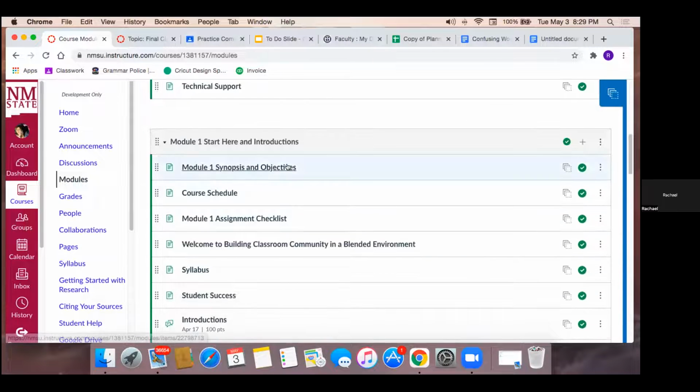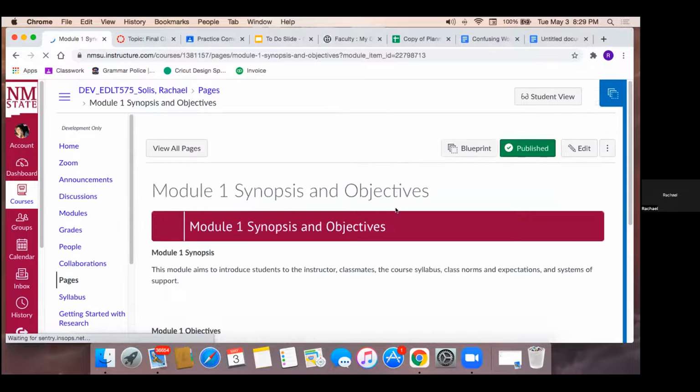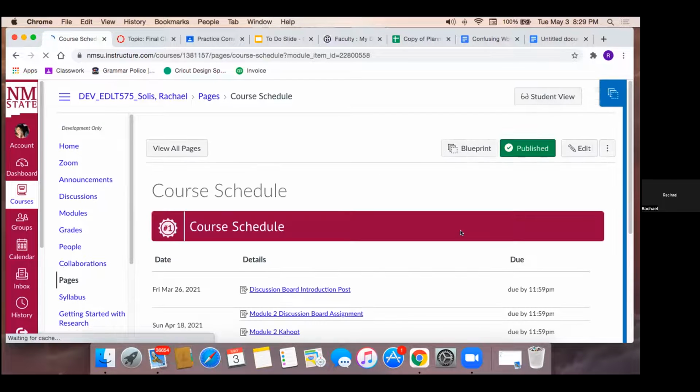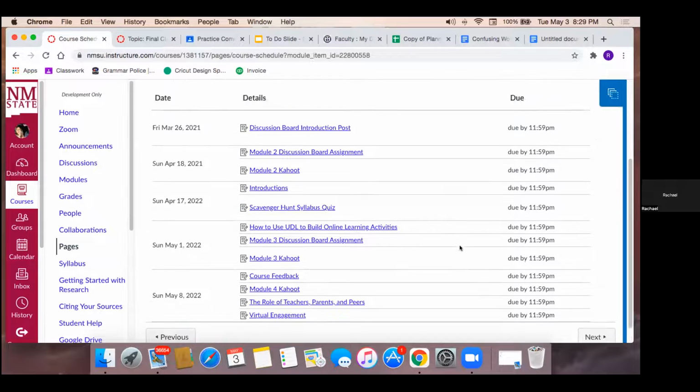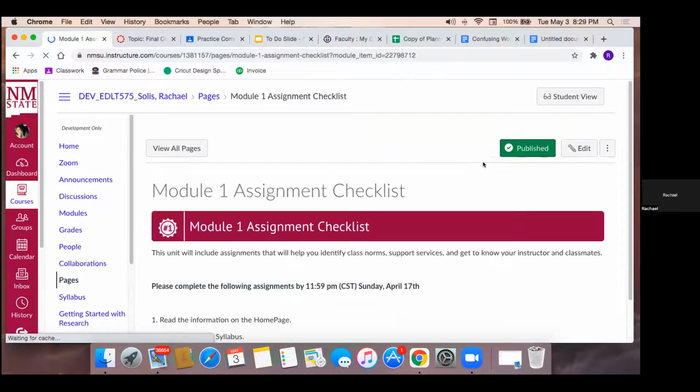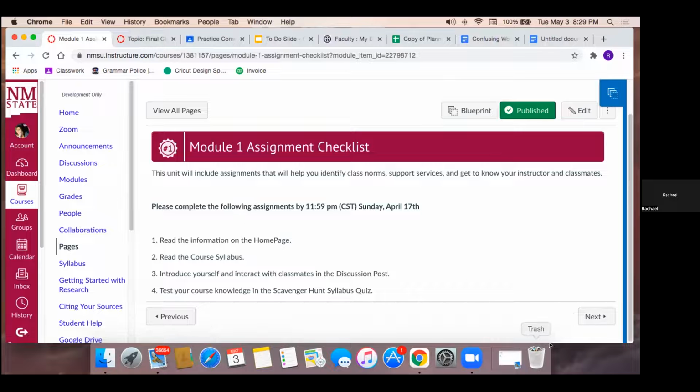Synopsis and objectives are first, and then the PPR standards met for Texas are at the bottom of every module. Next they've got a course checklist, which is their course schedule. In every module, they have a checklist to let them know which assignments they need to do and which readings by the end of the module.